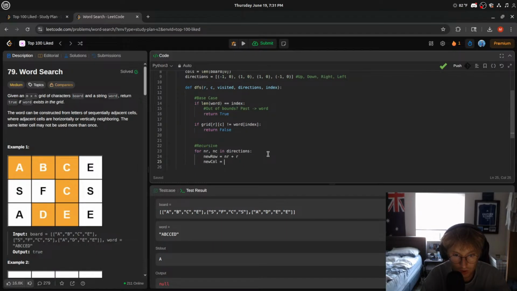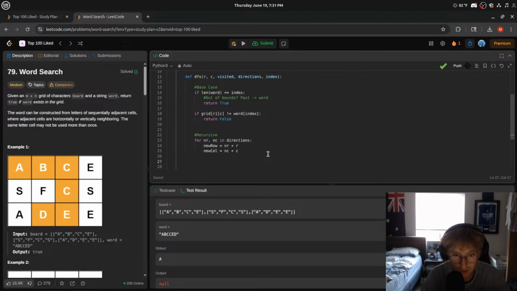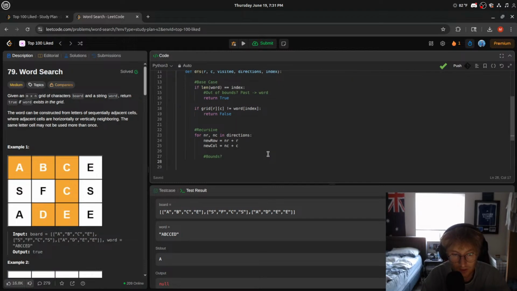New col is equal to NC plus C. Then we want to check our bounds here, right? So if, as long as it's in bounds, 0 is less than or equal to new row, but is less than rows, and 0 is less than or equal to new col, but is less than cols,